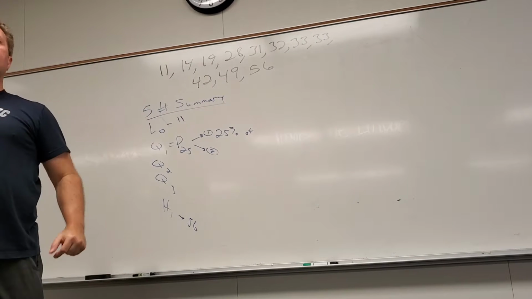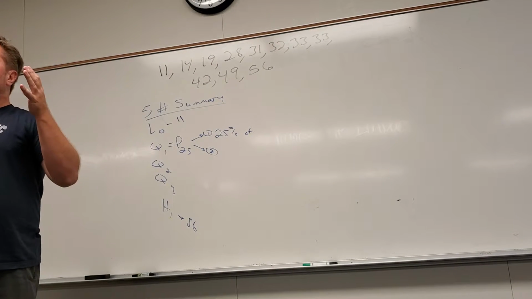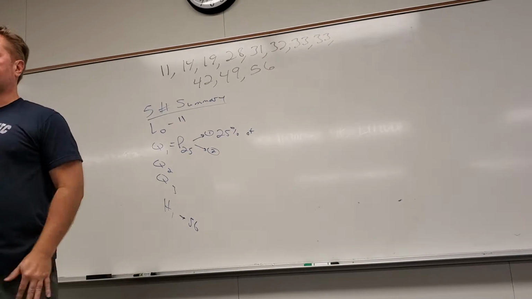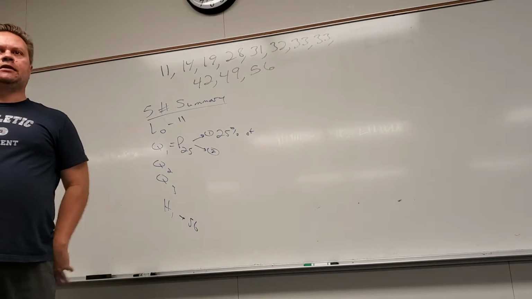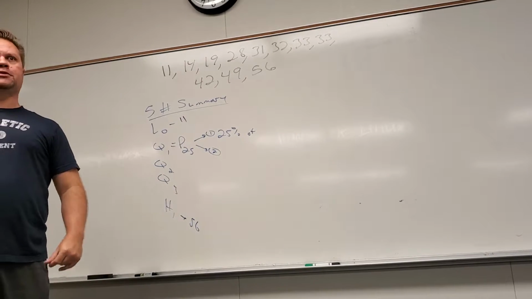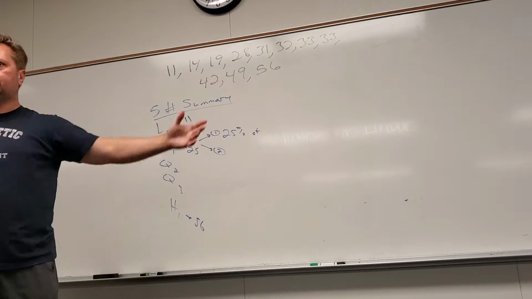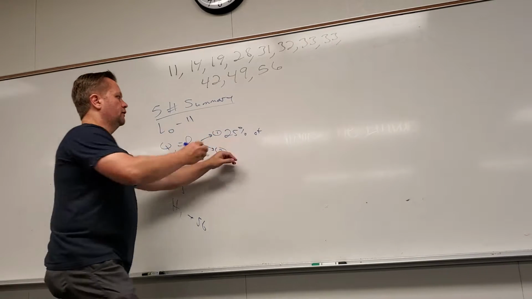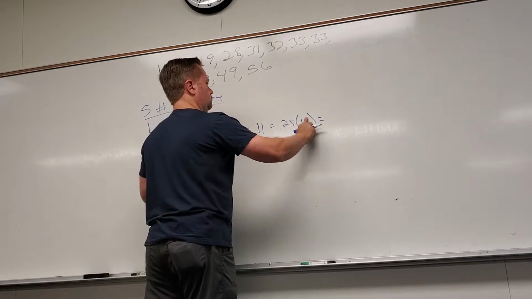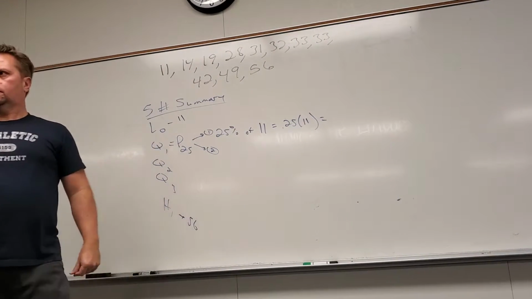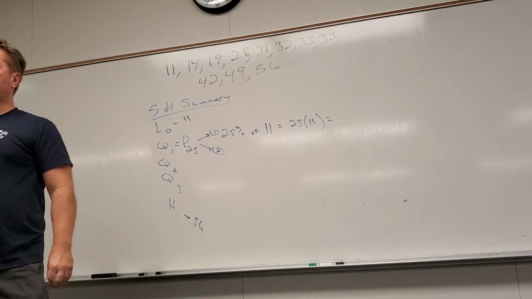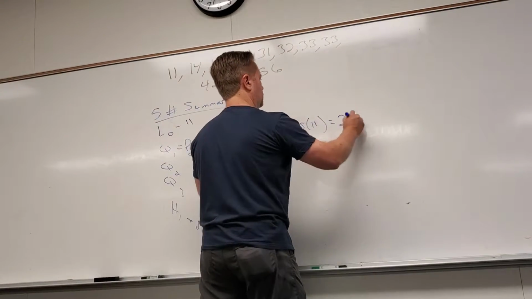10 data points. What sucks when we do an example as teachers is that if something is true for that example, it's not always true. So it's not always 10. If I gave you 18 data points, you would do 25% of 18. If I gave you 3,400 data points, you would do 25% of 3,400. So 25% of 11, somebody help me out. 2.75? Yes. What do I do with that?